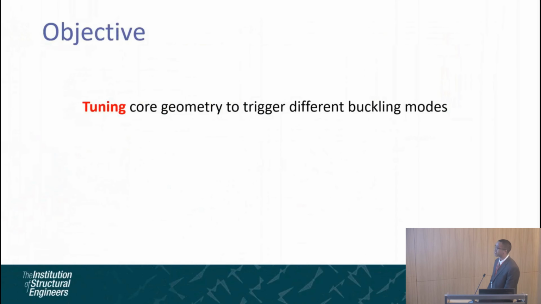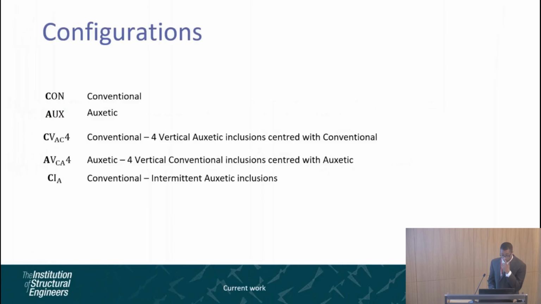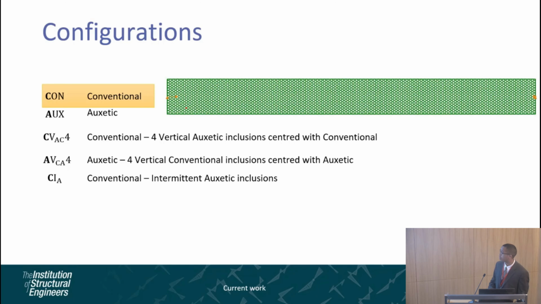So the question here is, can we trigger the different buckling modes through changes to the core microstructure? So either having uniform cores or hybrid cores, which are a mixture of the different geometries that I stated earlier. We've been looking at 5 different models. So the first one is the conventional honeycomb lattice,